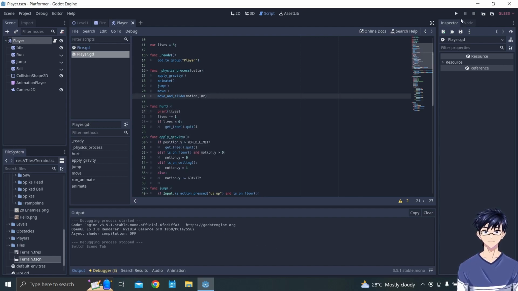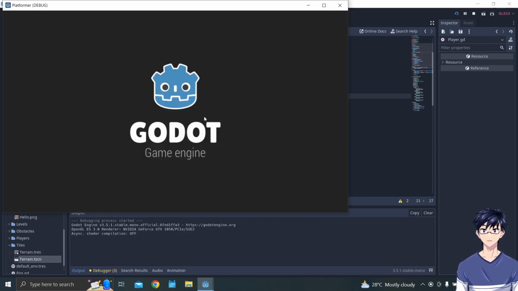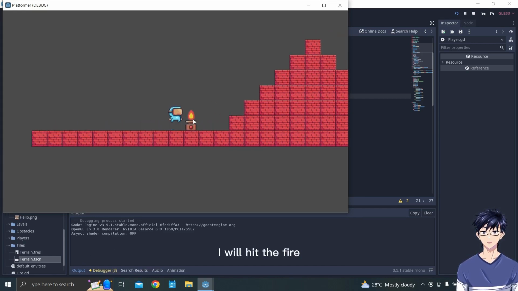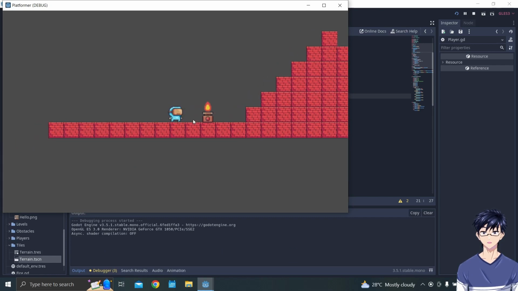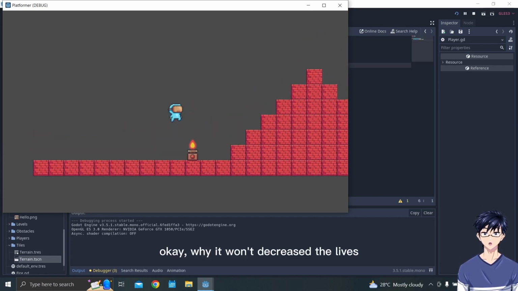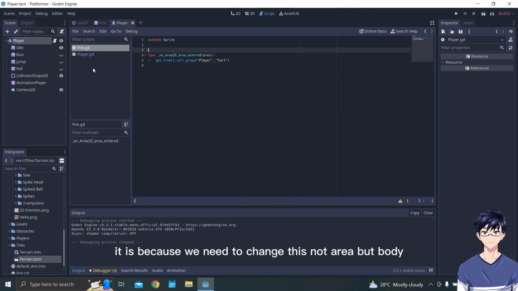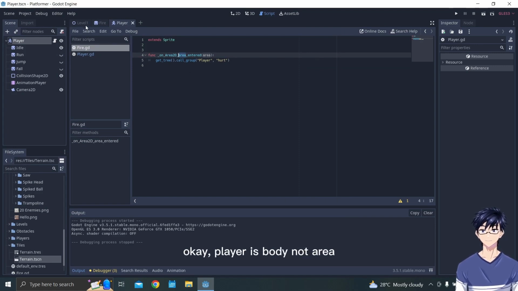All right, okay, I will hit the fire. Okay, why won't it decrease the life? It is because we need to change this, not area but body. Okay, fire is body, not area.